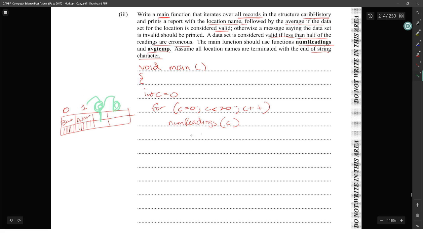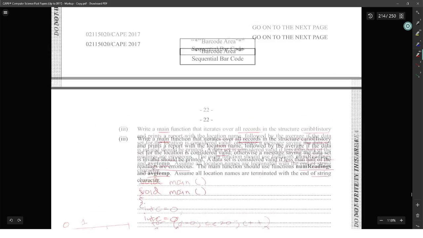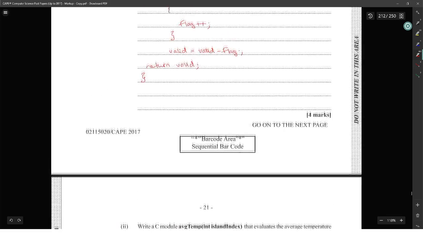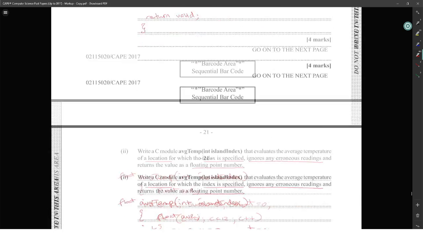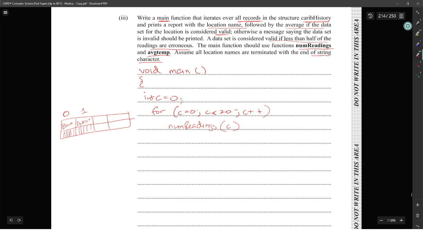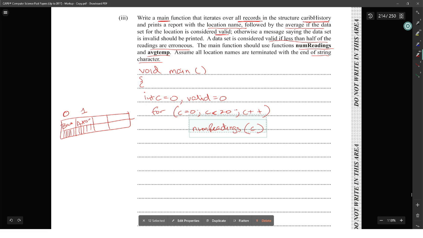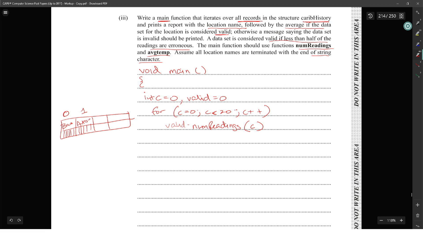So what I'm doing is calling num readings C. The reason I'm calling num readings C is because I want it to return the number of valid readings that the location has. So what does num readings return for me? Well, num readings returns the number of valid readings. Okay, so I'll create an int valid, and I could say valid is equal to num readings. Right, so valid is equal to num readings, and then I have to say if valid is